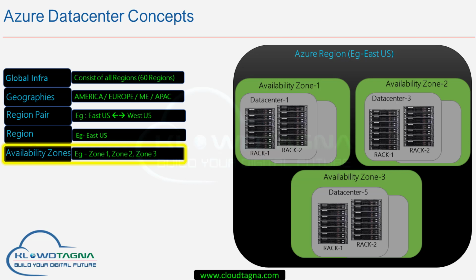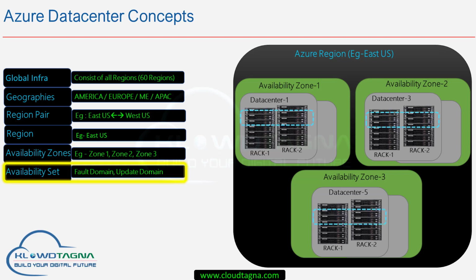Let's understand availability sets. Availability sets are something that you can create within the data center, which is again a logical boundary between fault domain and update domain. So you have the ability to place your virtual machines across fault domains and update domains. A fault domain represents the server racks that are connected to independent power sources, and the update domain ensures all underlying machines are not rebooted together in case of any maintenance activities.